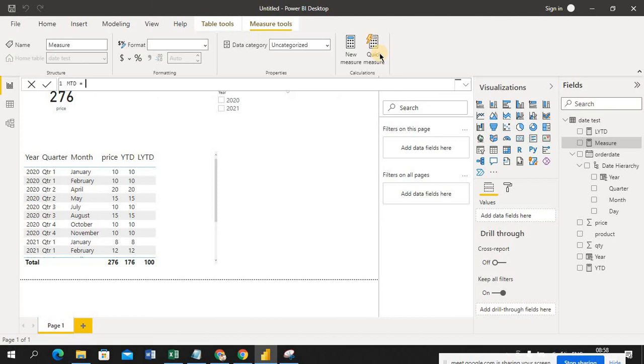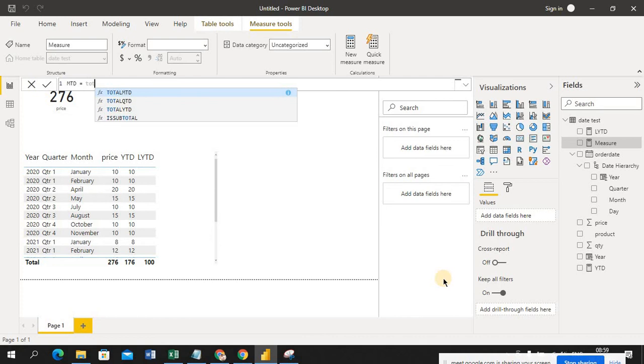Now we are in 2022, Jan 20. Some transactions happen, my sales happen. If I want my MTD sales, what will it show for 2022? From Jan 1st till date, my sales will show. Okay, we'll see how it is.